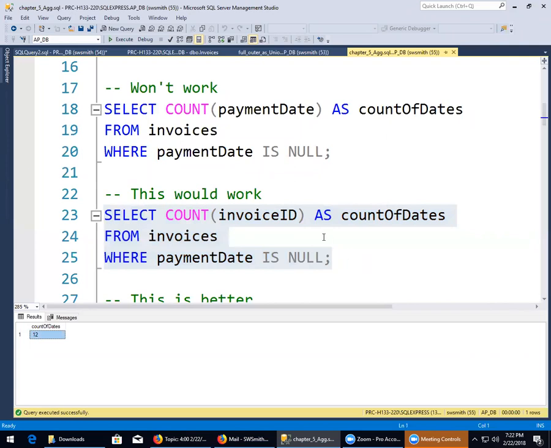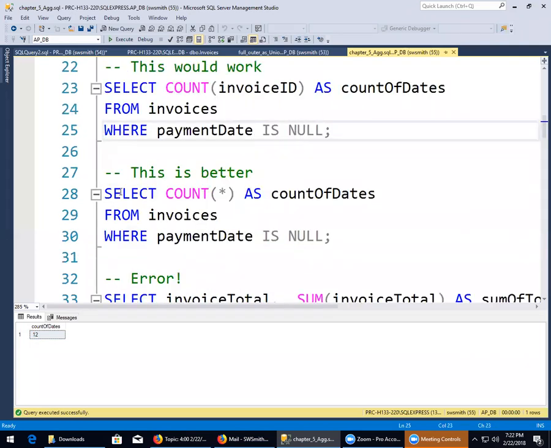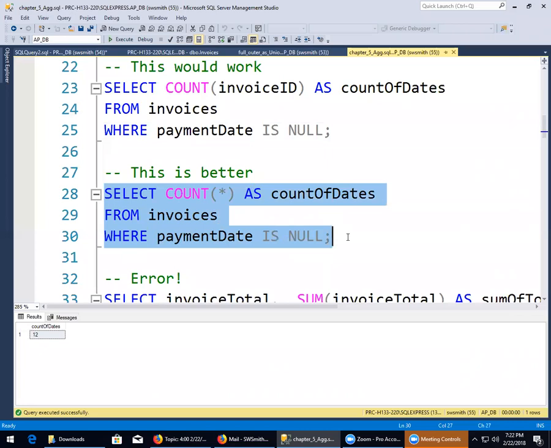Okay. Now, I'm going to point one other thing out. This is better. I'm saying that there's very little that you can do to hurt or help SQL, but this is one of those things that you can do. If you say it wants to count the invoice ID, it's going to go in and look for the invoice ID. It's a little bit like if you've got somebody counting people in a room, and I say, okay, I want you to count the noses, please. And so the kid goes around, but you have your back to him, so he has to go around in front of you to count your nose,